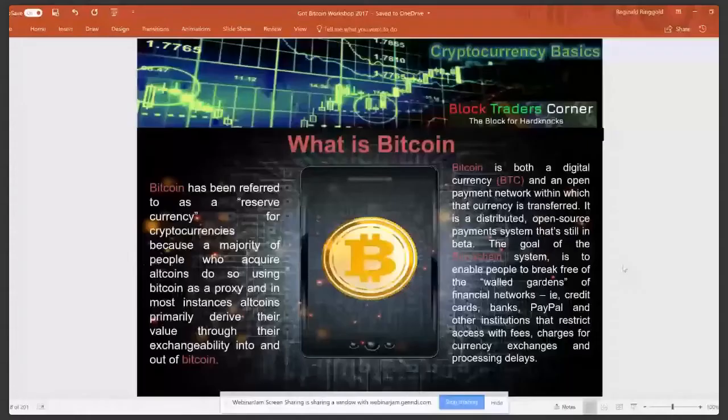Familiar with the US dollar. The US dollar is a reserve currency much because of the petrodollar. And with Bitcoin, it's a reserve currency for cryptocurrencies, just as the US dollar is a reserve currency for altcoins. So people who acquire,